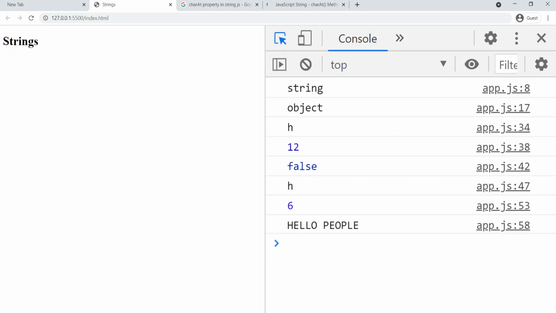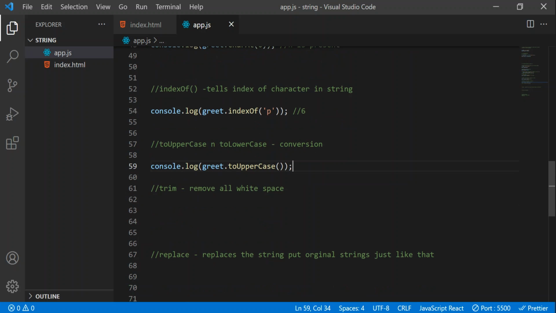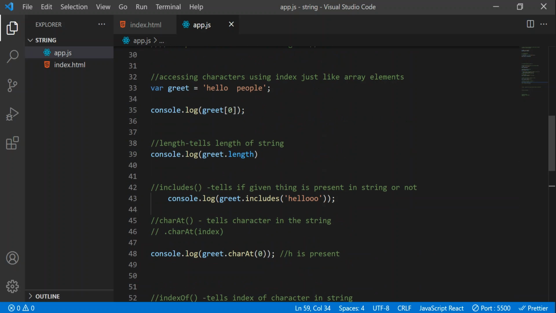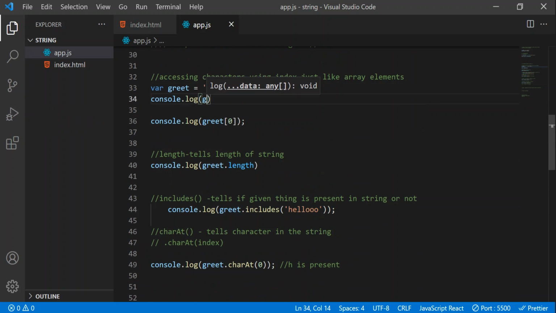Let's go to Google. You can see we got all the characters in uppercase. The same goes with lowercase. Let's close this. The next method is trim. It will remove all the white space. We have seen that the length property also counts white spaces, right? So let's take some space here, and then I'll print console.log greet again.